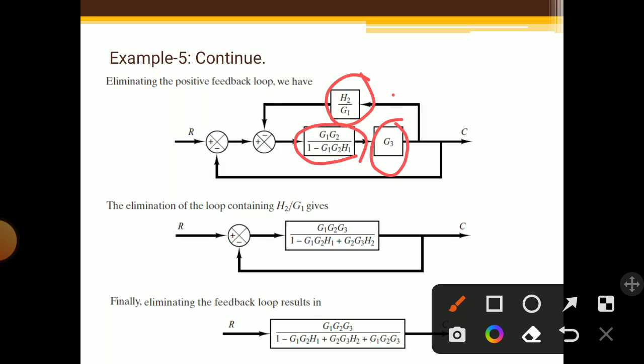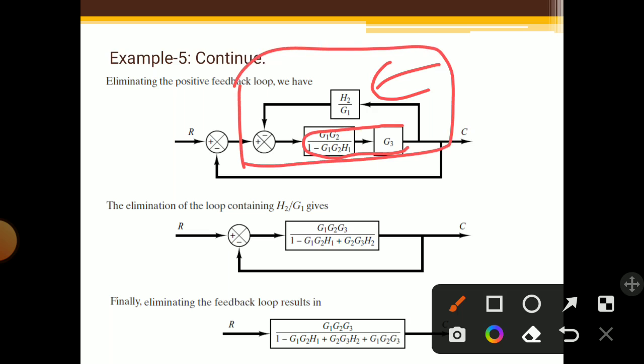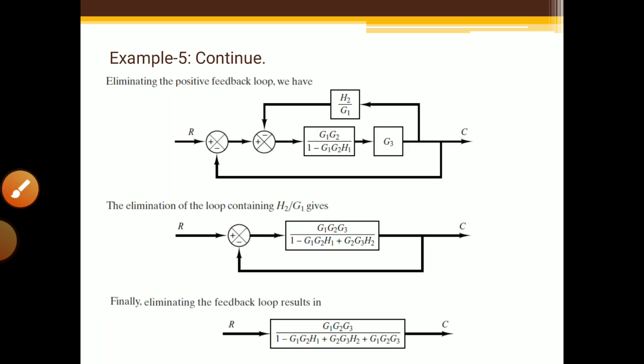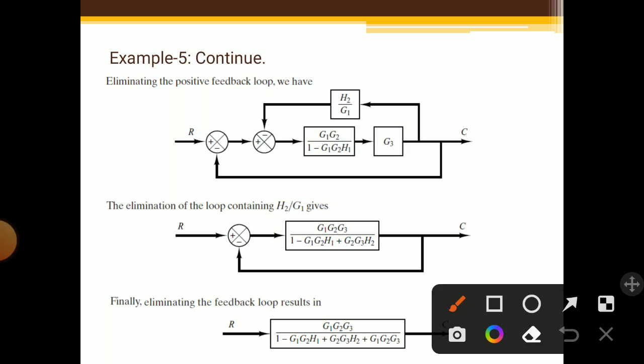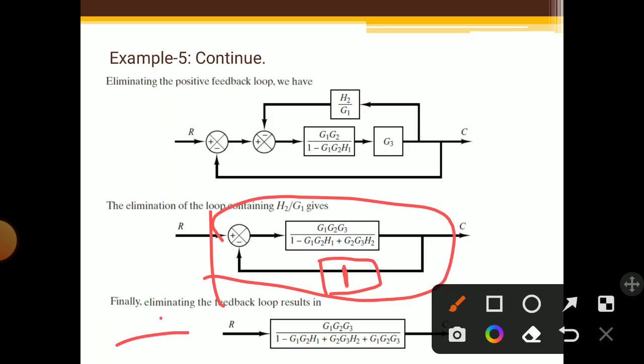Now in this case what you can do, you can take these two in series. Okay. And this is one feedback loop. Okay. And if you solve this entire feedback loop, then you will get this answer. This is your answer of this feedback loop. Now again you see here, again there is no feedback term here. That's why we can assume 1, and again we can solve this entire feedback loop, and we will get this answer.